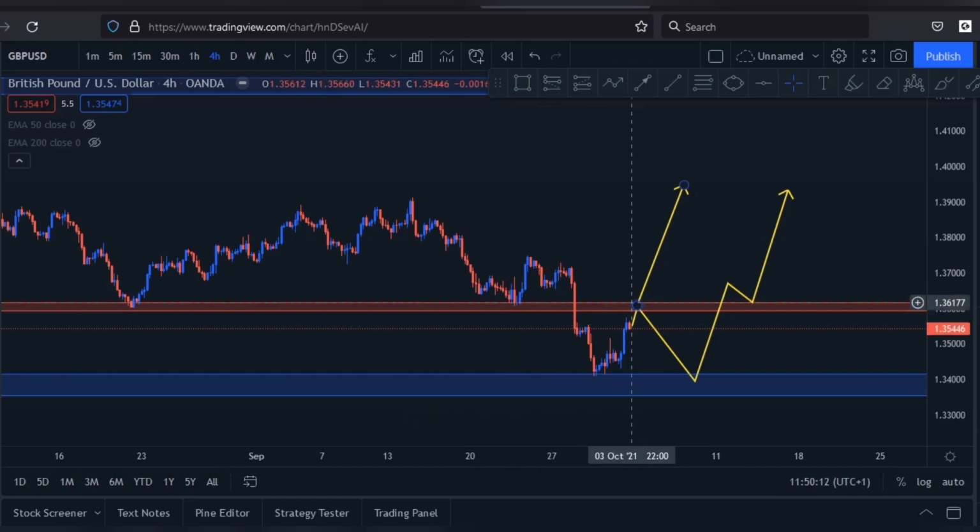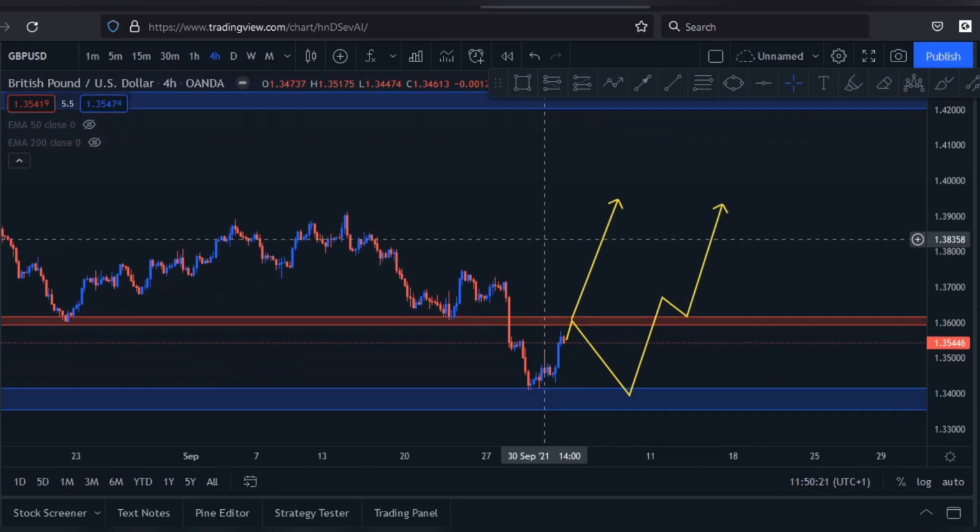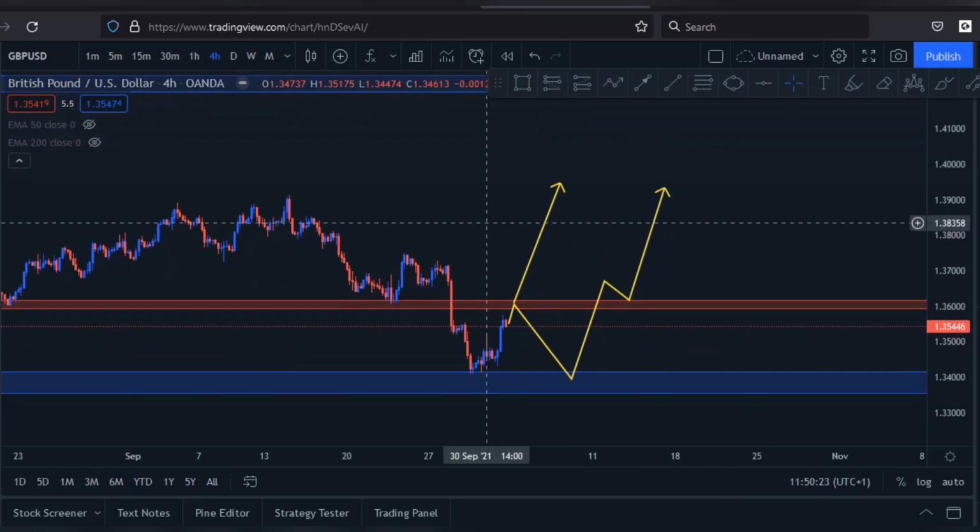We're looking at this key area of resistance, that's the 1.36 area, and we're looking to see how price would react to this area. So we have to be patient and wait for price to get there, and wait for price reaction, and just look for a way to capitalize on it. Okay,